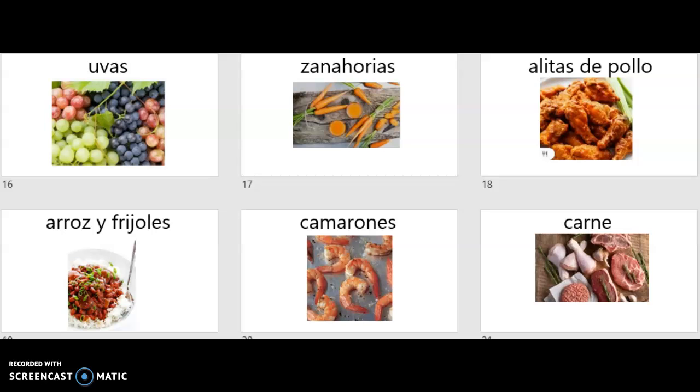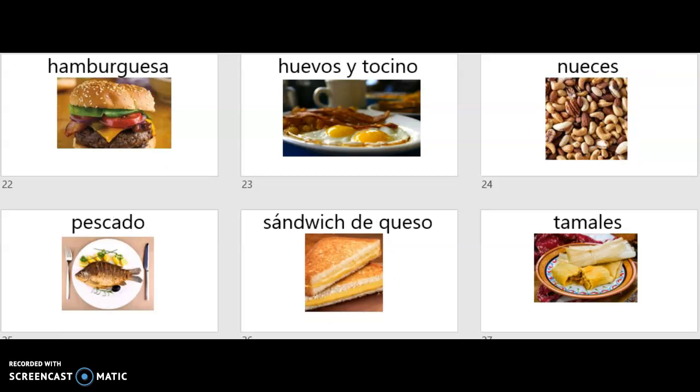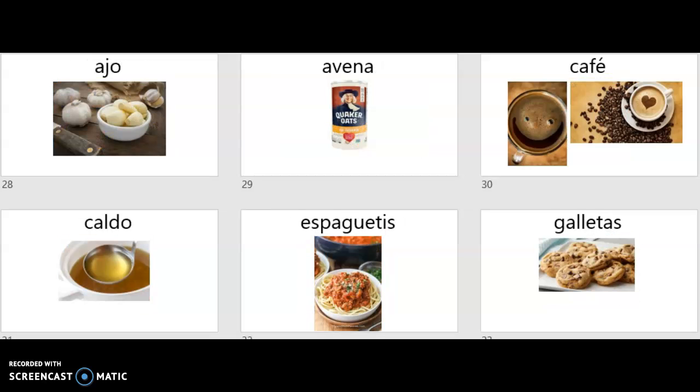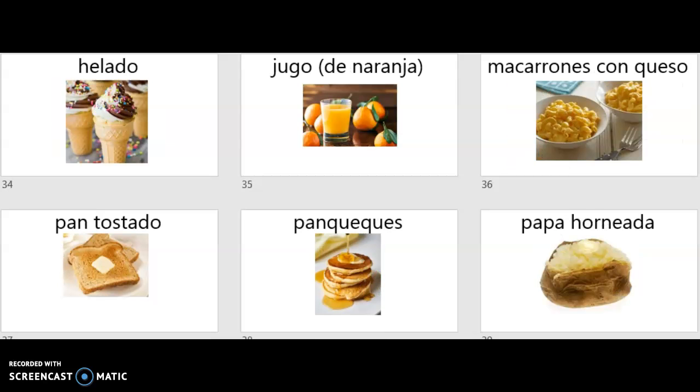zanahorias, alitas de pollo, arroz y frijoles, camarones, carne, hamburguesa, huevos y tocino, nueces, pescado, sándwich de queso, tamales, ajo, avena, café, caldo, espaguetis, galletas, helado, jugo, jugo de naranja, macarrones con queso, pan tostado,